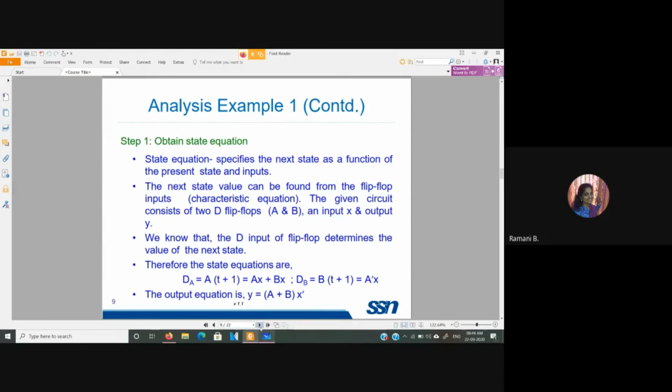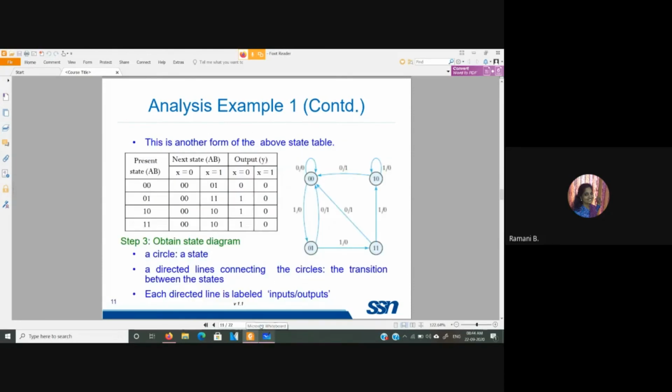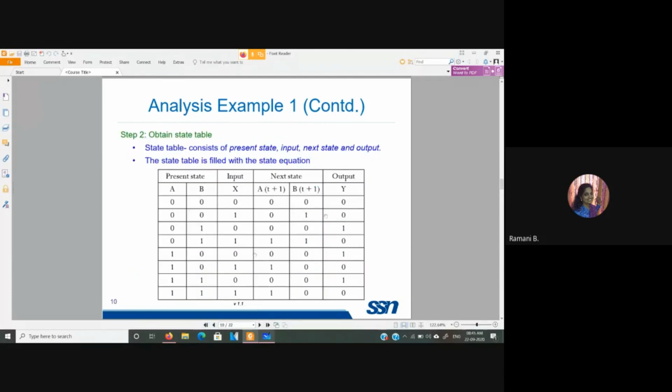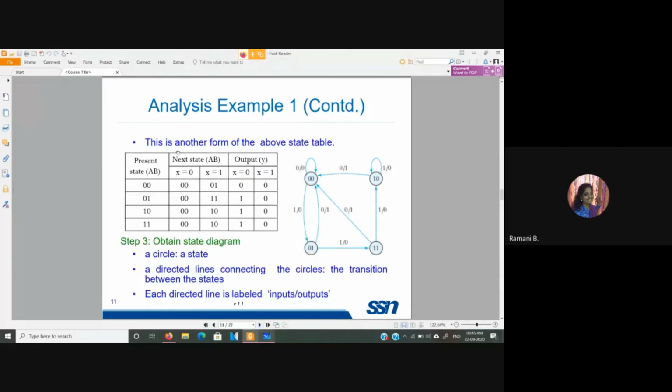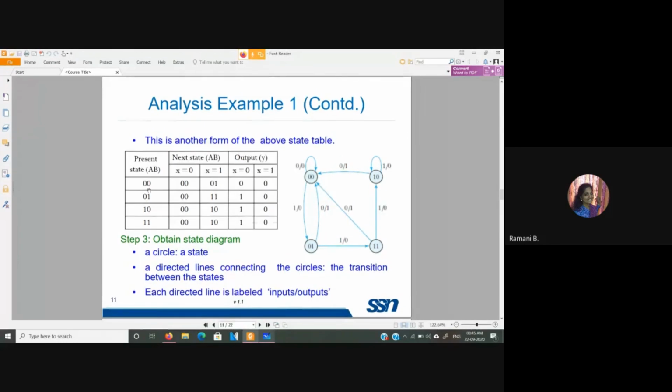So that is our first example. This is the same thing. You can find this in the table. And this is another form of giving the table that we wrote actually, where you make it concise such that you have the present state values 0, 0 and, with respect to the inputs, what is the next state? That is what we have written over here. Here we differentiate the inputs as x equal to 0 and 1. The same table written in a different form.